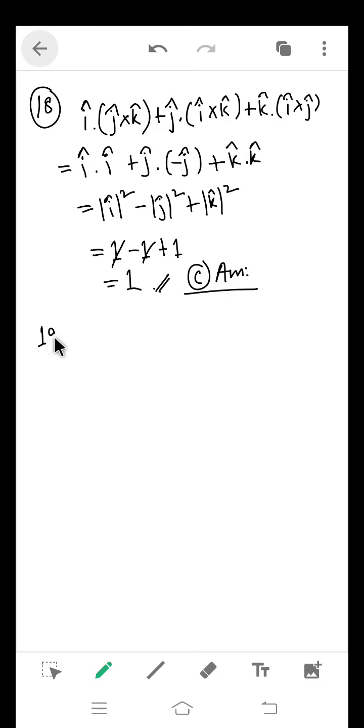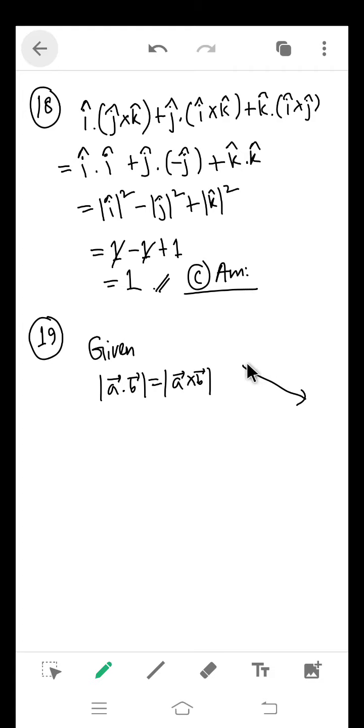Then next question, there is the last question for miscellaneous, is question number 19. In this question it is given that mod of A dot B is equal to mod of A cross B, and also given that theta is the angle between them।